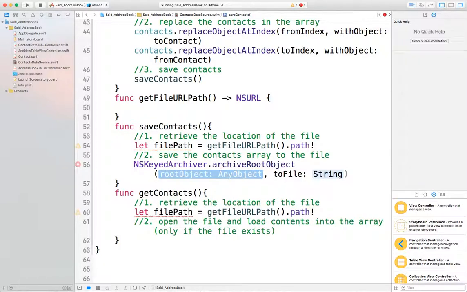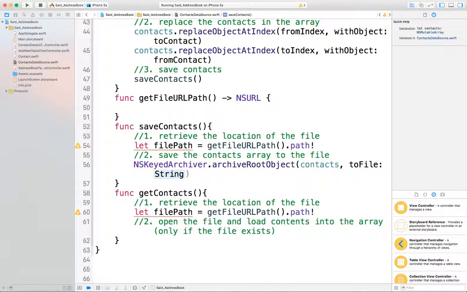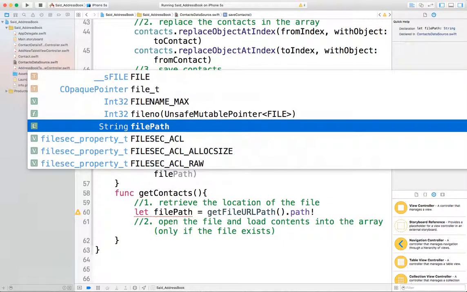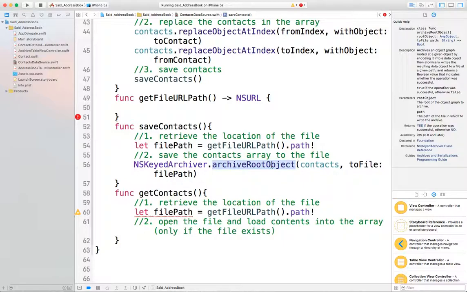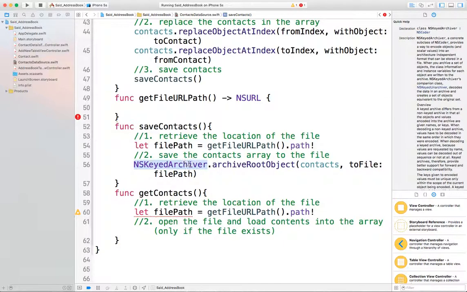In the archive root object, it asks you what is the root object you want to archive. So I want to archive my contacts array. And what is the name of the file? So I want to save it to the file path. That's the file I want to use. So the archive root object will require the NSKeyedArchiver,